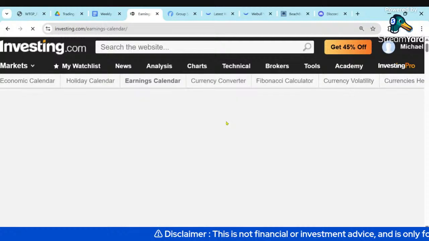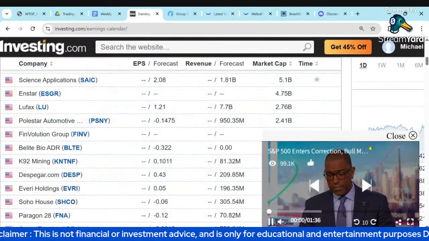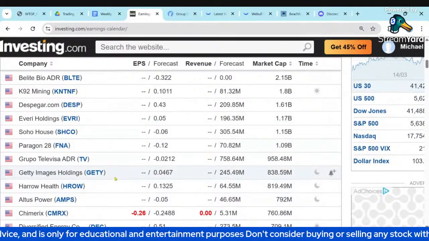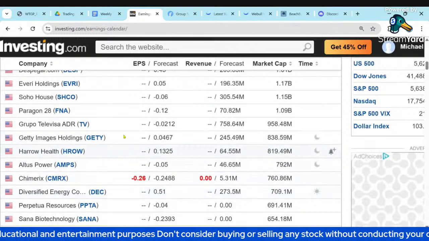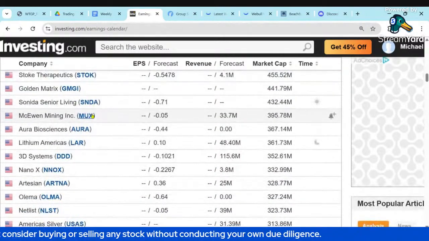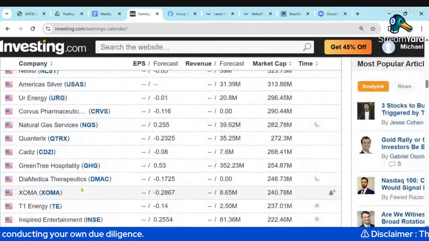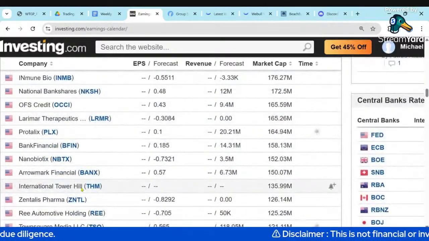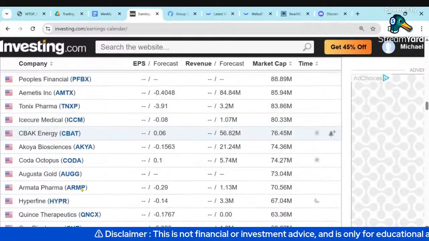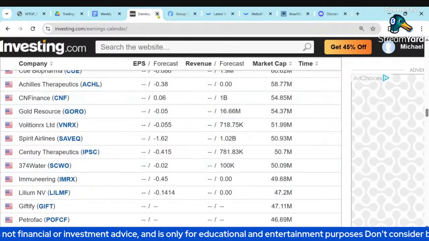Probably have a little bit of earnings left, but the vast majority are done. So you can see who's left to report earnings. Got some miners, some housing, Getty Images related to the merger with Shutterstock. We'll talk about that. You can see who's left for earnings, 3D printers, etc. So you can see that whole list on investing.com. See how that'll impact any of your trades, maybe your current holdings. Got some biotechs, etc. I hope that all helps.